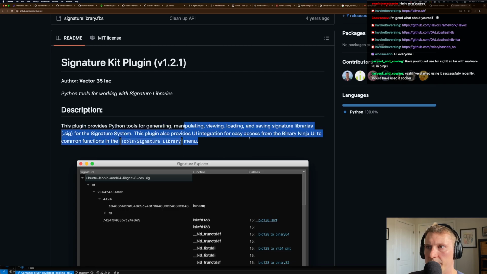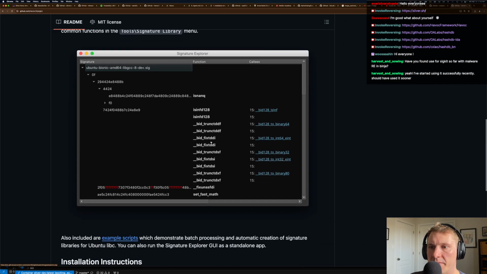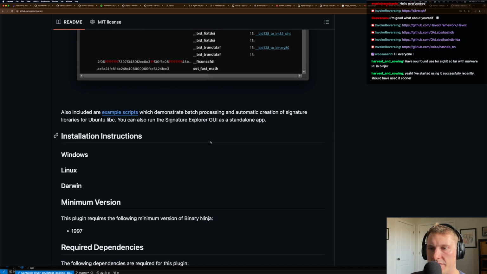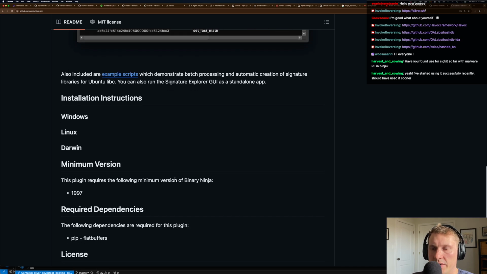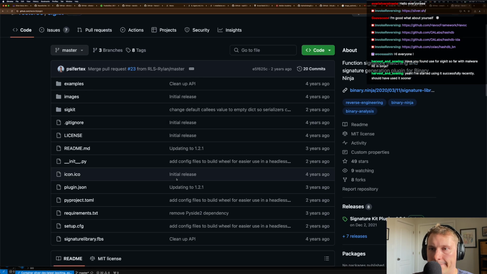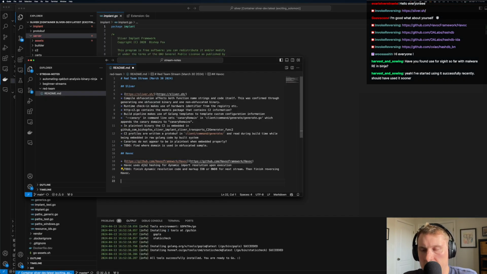Python tools for generating, manipulating, viewing, loading. Nice. This is awesome. So that means I could probably generate function signatures for stuff that we've previously reversed in Binary Ninja, and then I could release those. That'd be really cool. Here, I'll put this in the notes. All right, so we'll do